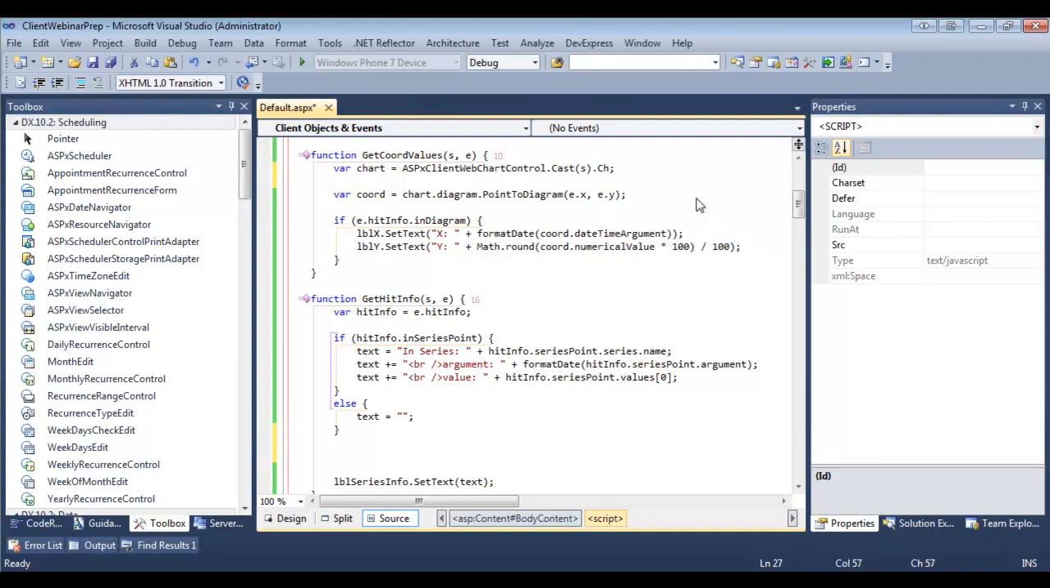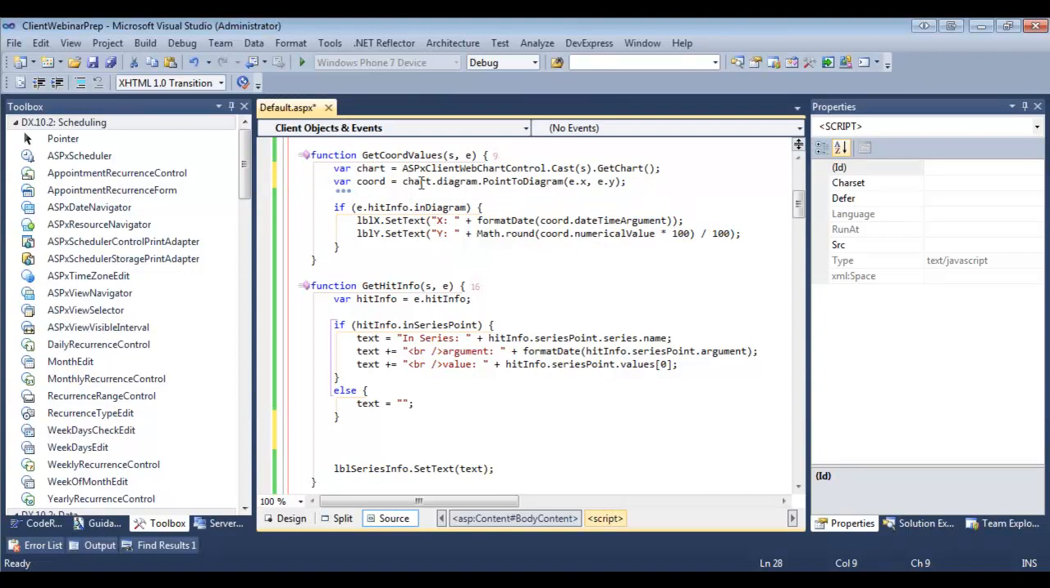Like I said, if you can think of it, there's probably a way to get it done. All right, and then the other thing to notice, right here, I'm doing this as I'm using the hit info. There's also something called hit test. And I'm going to grab this chunk of code right here,